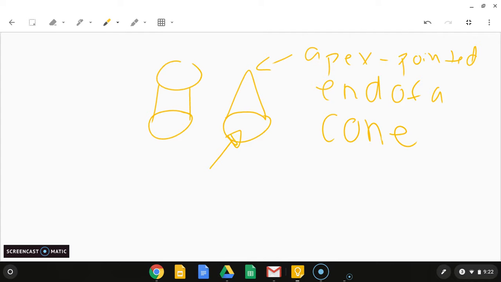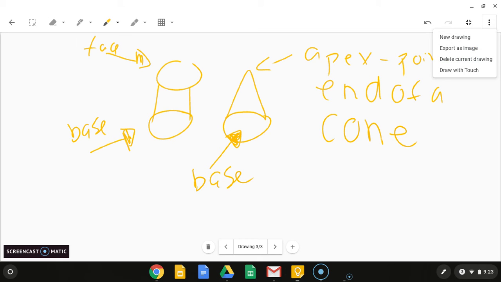So right there is our base, because it's the bottom. And there's our face and our base. But these could flip if you flipped it over. So our two flat surfaces on our cylinder and our one flat surface on our cone. All right. So how many faces does a box have? A box is a cube. So you know what I'm gonna